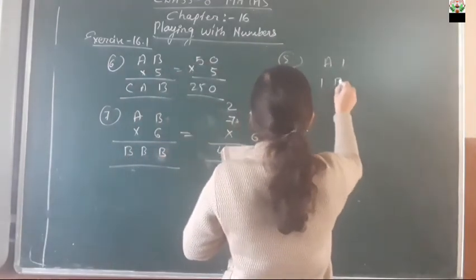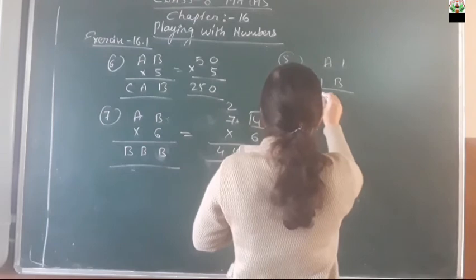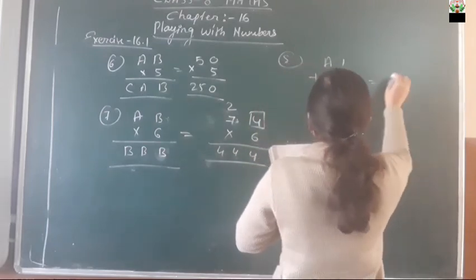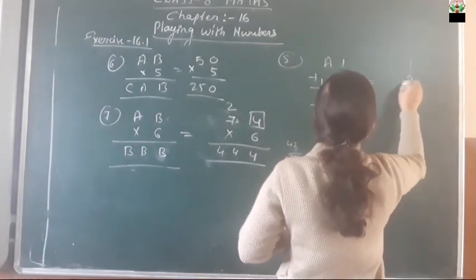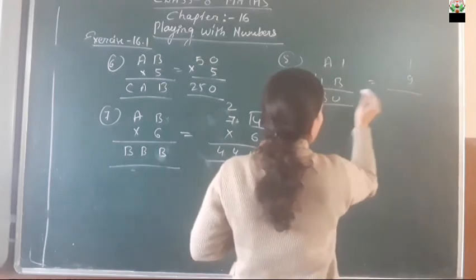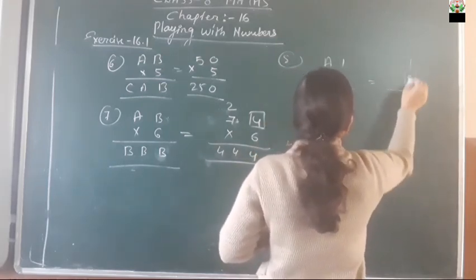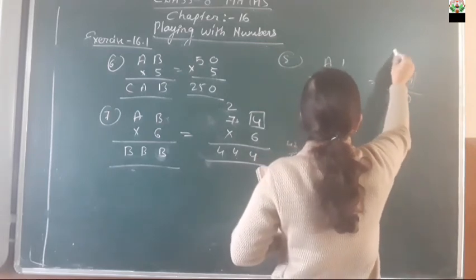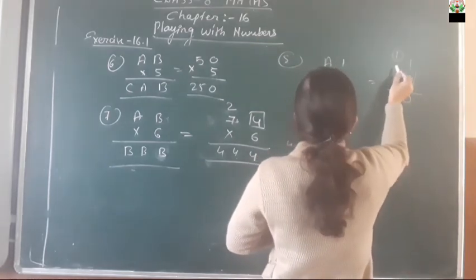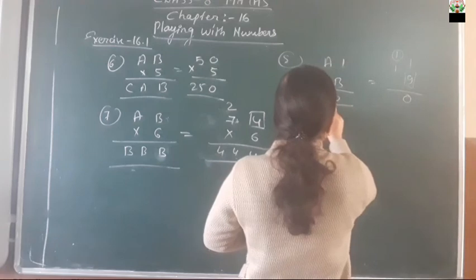A 1 plus 1 b, that is b 0. So here what number should be added with 1 to get the value 0? So obviously that number will be 9. 9 will be added with 1 will be 0. Then carry, as it is a 10, isn't it? So here we have to bring 9.